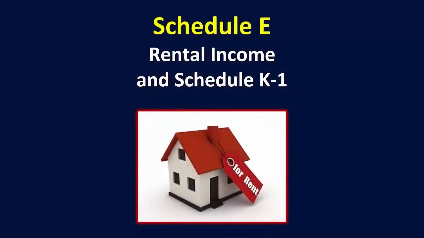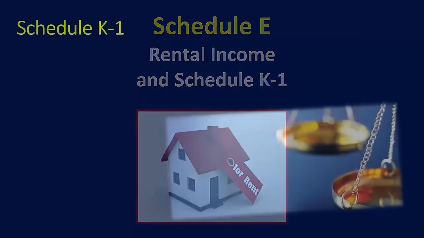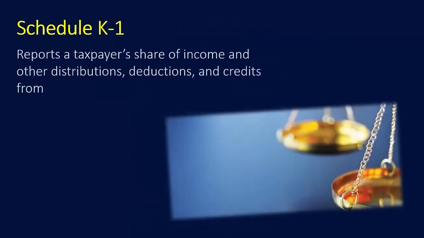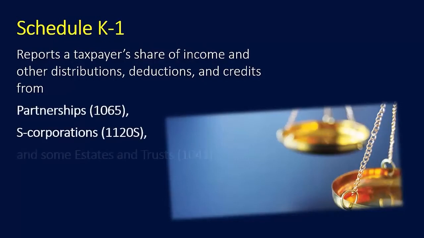In this module, we'll begin by discussing Schedule E. Schedule E covers the reporting of rental income and the income received from Schedule K1. So what is a K1 exactly? Well, a K1 reports a taxpayer's share of income and other distributions, deductions, and credits from partnerships, S corporations, and